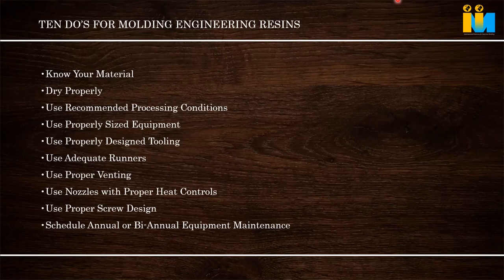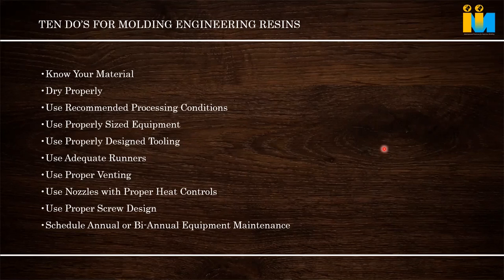And venting is not just rubbing with a file or something. The thickness has to be proper, the width has to be proper, 3 to 4, 4 to 5 mm. Then after 1 to 2 mm, it has to be relieved. Otherwise, it will clog. With some materials, FR grade, nylon and all, some fumes come out and clog the vent. So the vent has to be sized properly, and it has to be cleaned. So venting has to be proper, and use a proper sized nozzle. We have discussed what is a proper size. No hang-up area should be there. Then polishing inside the nozzle is also very, very important.